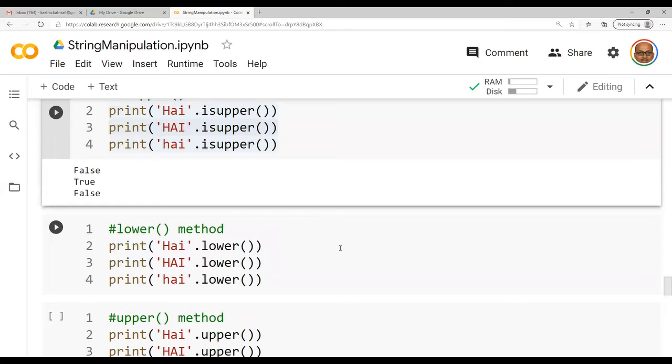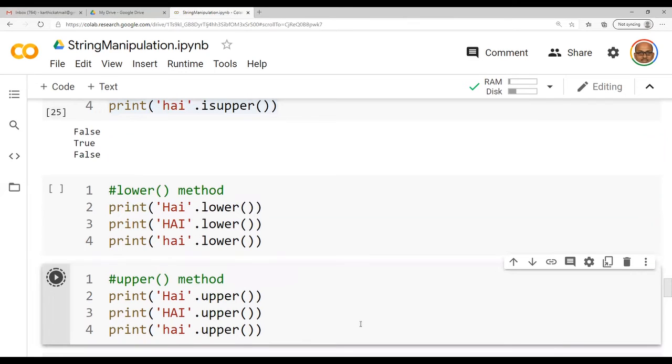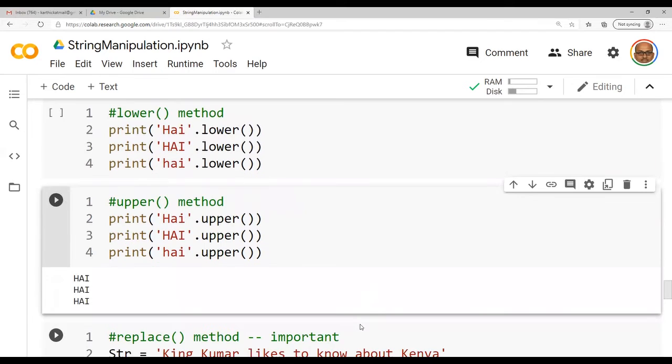Lower function. The lower function is responsible for converting a given string to lowercase. It will convert the entire given string to lower case. Here h alone is caps. In the third print statement, you are having all capital letters. Fourth, everything is in small letters. It will try to change the output of line number 2 and 3.